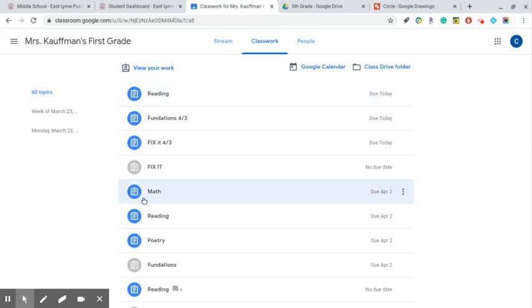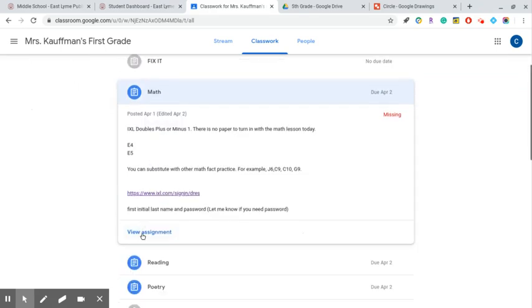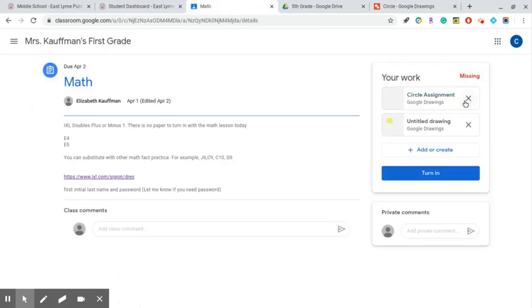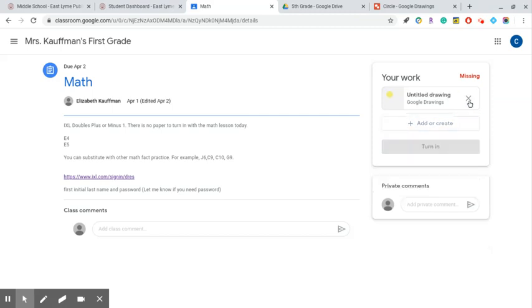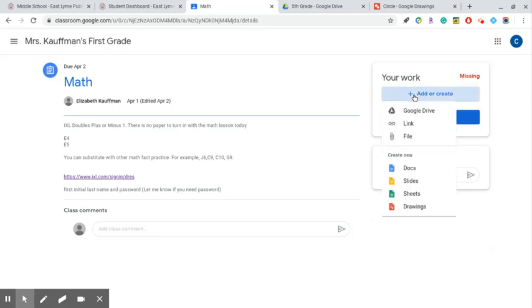But let's say I'm going to pick, I'll just pick this math assignment. You can go down here to view assignment. So first you'll see all the directions, then you can hit view assignment, and you can upload your work right here. So you'll see a couple of documents already uploaded that I uploaded before, but you can get rid of these anytime you want. So let's say I delete them like this, and I delete this one. I can add things right here by clicking the add, and I know that I have it saved in Google